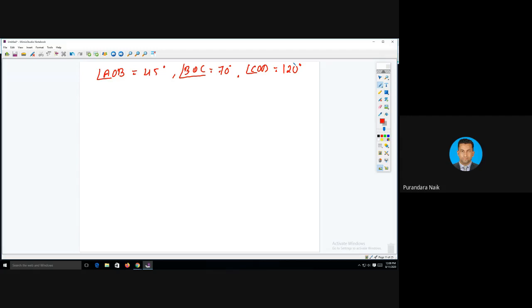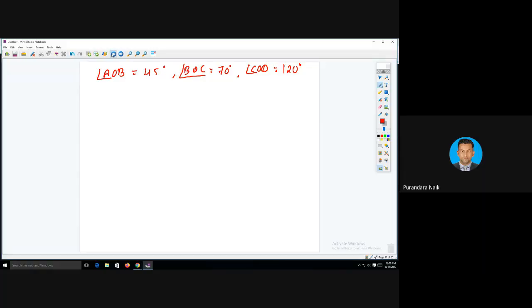Here the angle is not measured from any particular mass. They are consecutive angles, meaning A to B, B to C, C to D. But in the previous problem, we had taken the angles with respect to a particular mass A or any one mass. But here it is the angle between the previous masses, A to B, B to C, C to D. That is given. While measuring the angle, you need to take care of these things.